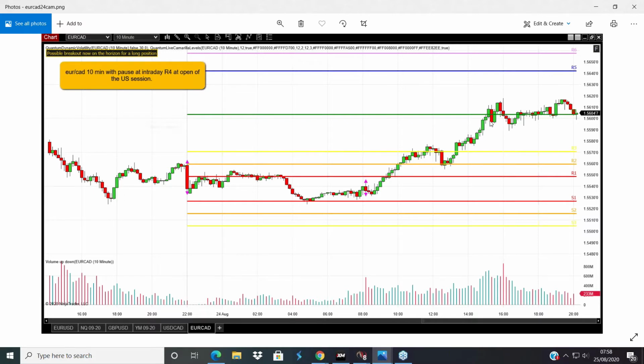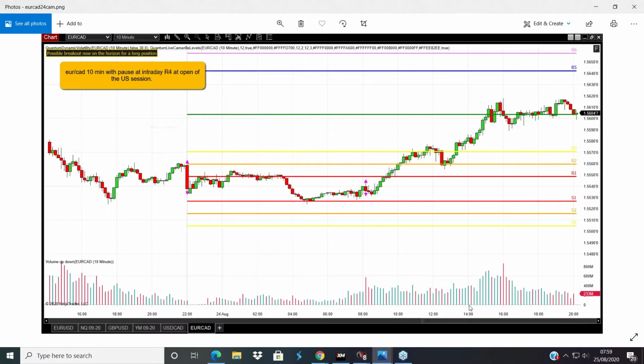But the key with this trend is look at the timestamp under here. This is the morning session going up very nicely. I think the Renko chart looked very nice as well. There's nothing to be too scared of in this particular move. But we come to the start of the US session.